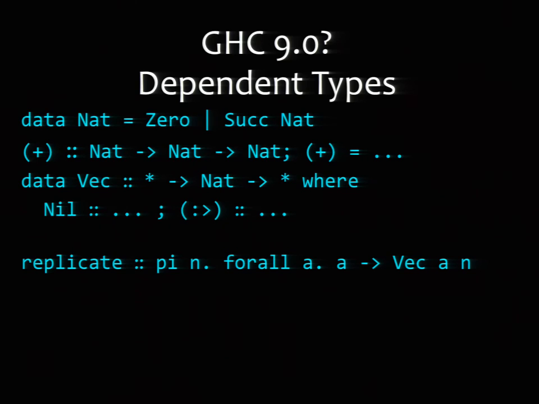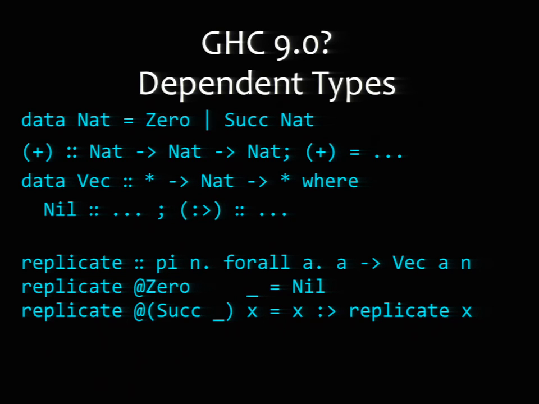We can then write a replicate function that pi quantifies over the length, but forall quantifies over the type. It means that the type of thing stored in this vector, we don't need at runtime, but we really do need to know the length of the vector at runtime. Even though it appears both in the type and is needed at runtime, that's okay. That's what pi means. Here, again, I'm using this @ sign to say something that is normally left out, this n parameter, but we need it to be explicit here because we're pattern matching on it. If it's 0, then we can return nil. If it's the successor of something, then we can recur. I don't actually have to name it because we can infer the value that we recur at.